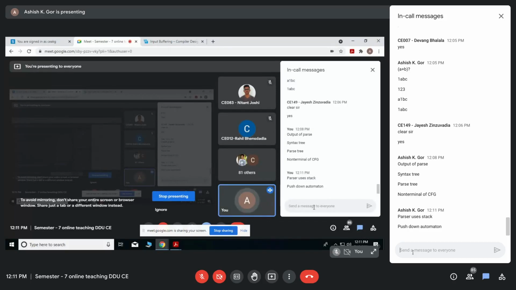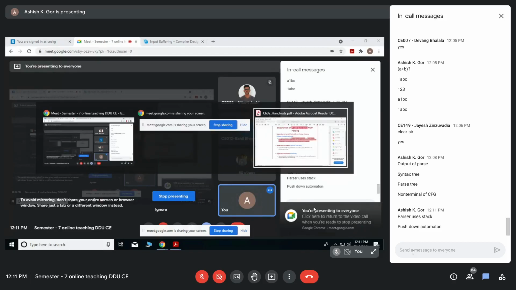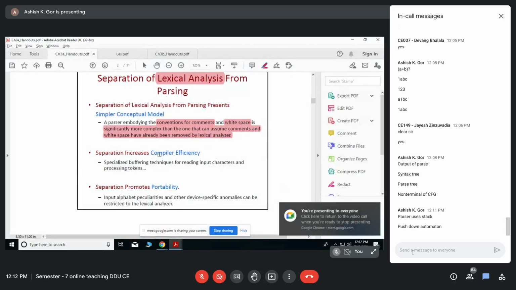All of you are familiar that pushdown automata use a stack as a data structure. So why use a stack for things which can be done without a stack? That is one reason we separate the responsibilities of the lexical analyzer and parser. Unnecessary complications are reduced by this separation, and because of that, efficiency will increase.